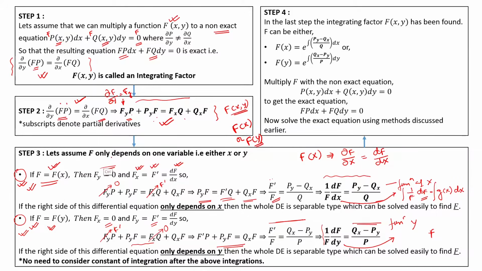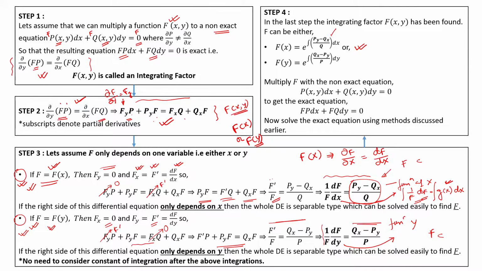Now, one important thing to remember here is that while solving these differential equations and finding f, we do not need to consider the constant of integration c. The reason you will understand better while solving the problems. We can see from here that this left hand side becomes ln f and this right hand side (P_y minus Q_x) by Q we have taken as g of x. So, if we follow this first method, the solution will be of the form f of x equal to e to the power integration of this factor (P_y minus Q_x) by Q dx.